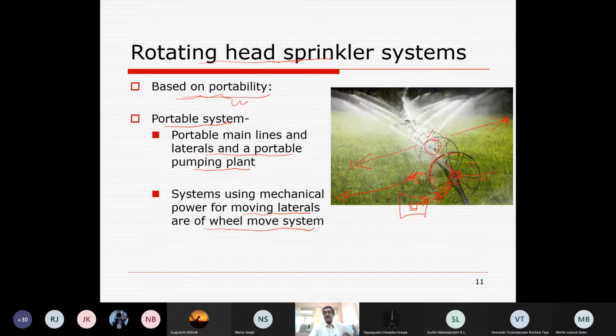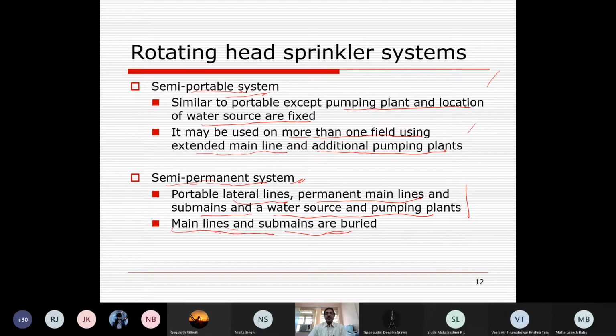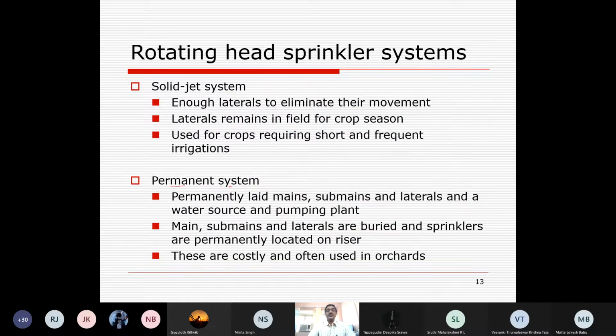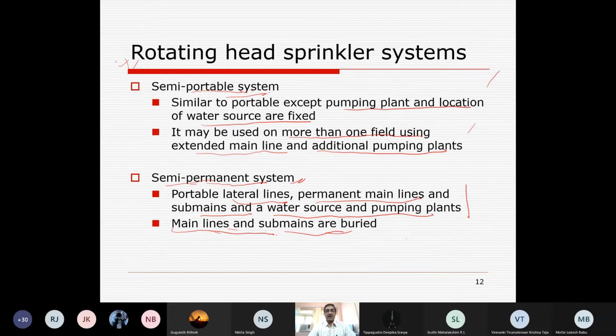So anywhere this system is reaching, we are connecting to open this hydrant to supply the water to this system. So that is the semi-permanent type of system. So these are all rotating head type of sprinkler systems used to apply water in different